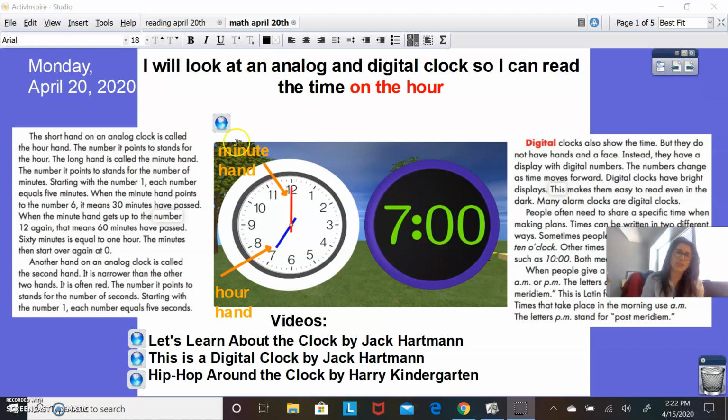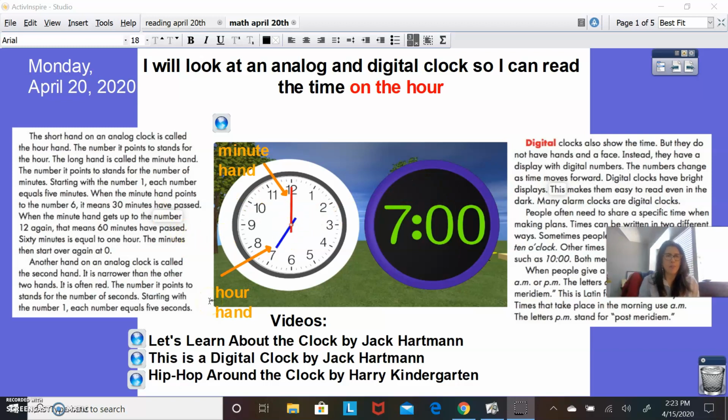So let's read this together. I will look at an analog and digital clock so I can read the time on the hour. So here we have a picture of an analog clock here, and then we have a picture of a digital clock here. So let's talk about the analog clock. You probably have one of these clocks somewhere in your home, or if you don't, maybe you have a digital clock in your home. But we're going to talk about the